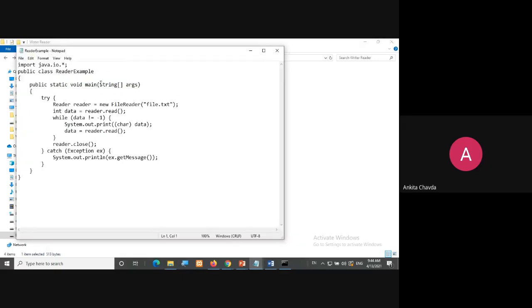Now the Reader example. Inside this try, I'm creating this Reader, but here again I'm not creating an object of Reader, because Reader is an abstract class and you cannot create an object of the Reader class.